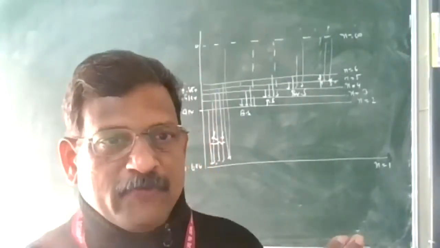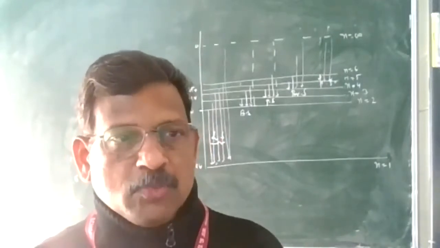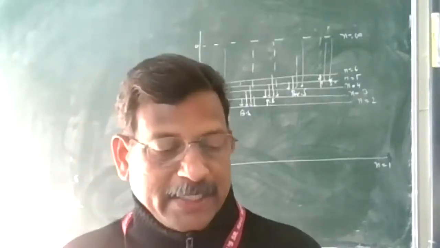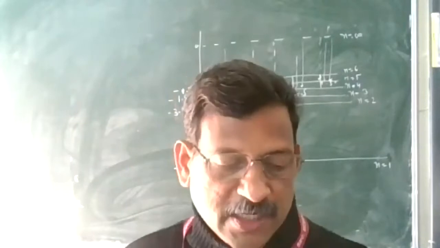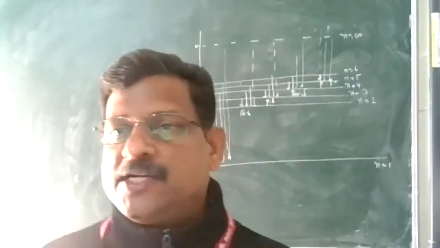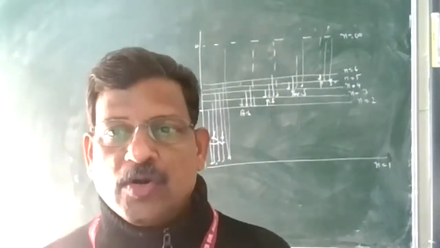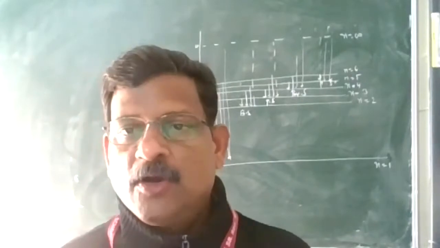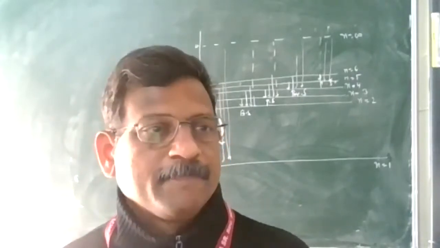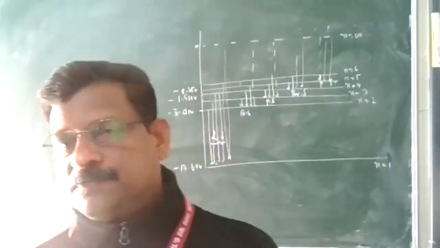And we have seen the different spectral series. There is a difference in the intensity and fine structure of the spectrum, and Bohr could not explain that. Bohr's theory does not explain the relative intensity of spectral lines, the different intensities of spectral lines, and the fine structure of spectral lines even in the hydrogen atom. So that was a drawback. And fourth, Bohr's theory does not explain the wave property of the electron. These are the limitations that you have to remember.